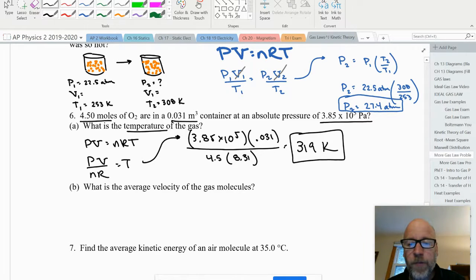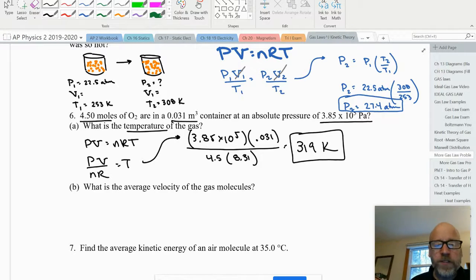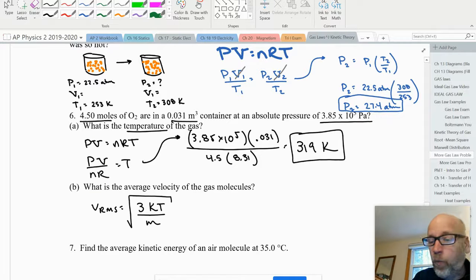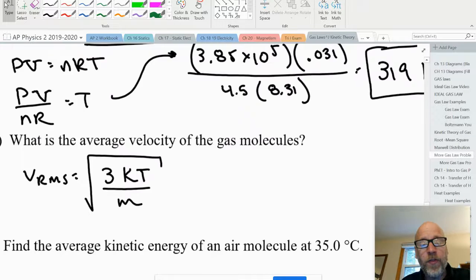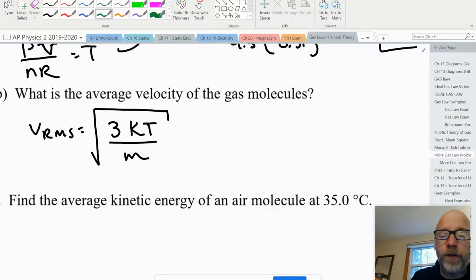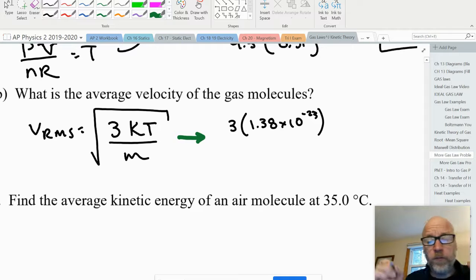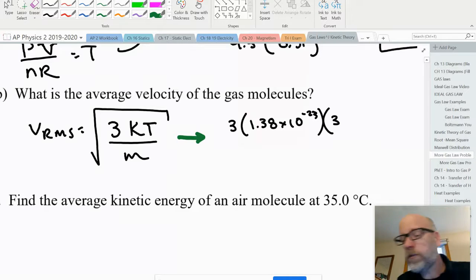Did you get that? 319 Kelvin. Good. Now, what is the average velocity of the gas molecules? All right, let's do this. So the root mean squared velocity is going to be the square root of 3kT divided by the mass of just one of the molecules. And I'm going to choose this formula this time. I prefer this. So I have 3 times k, which is 1.38 times 10 to the negative 23rd. That's Boltzmann's constant. Times the temperature, which we just found to be 319,